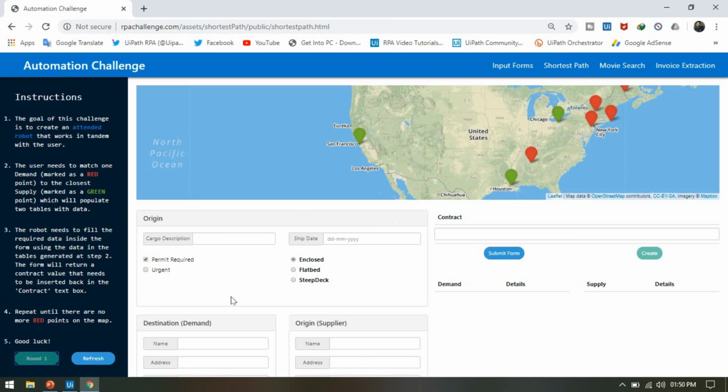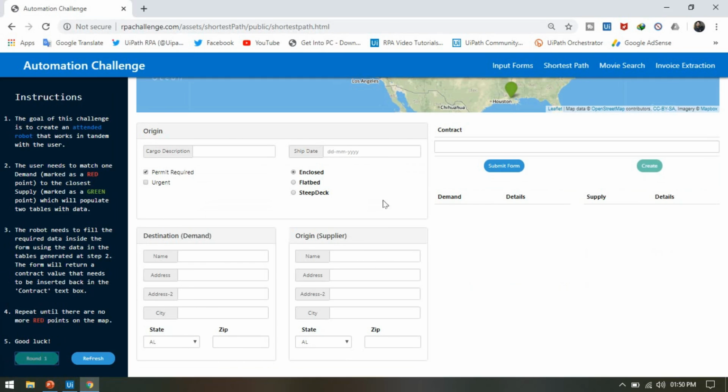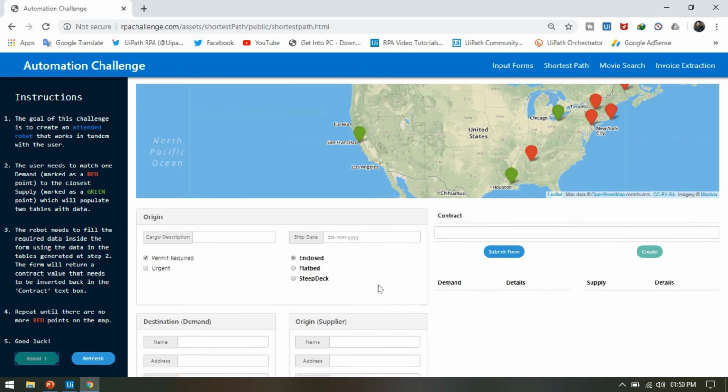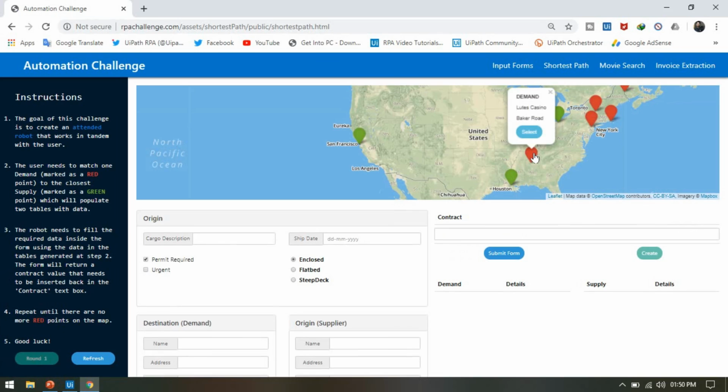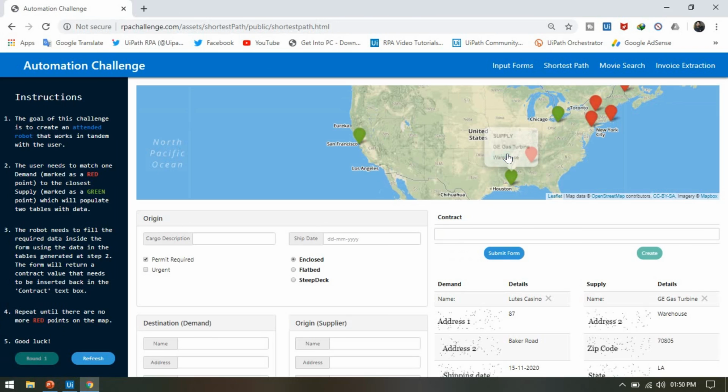Now you can see once we click on start, we are getting round 1, and after that we have this form. We need to fill in all these details here. First we need to choose one demand, and then we need to choose one supply which is close to that. So we have this one, so we'll select.